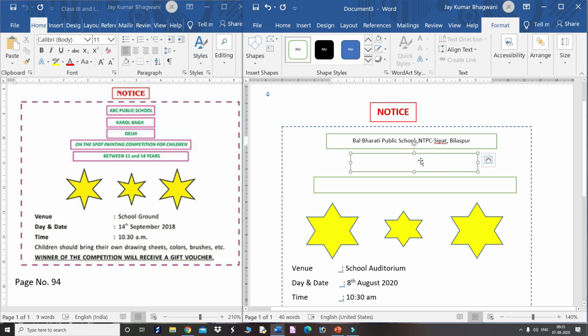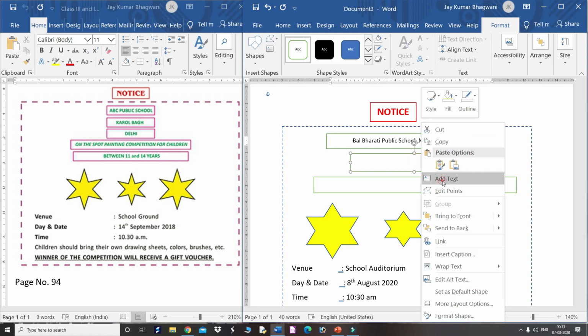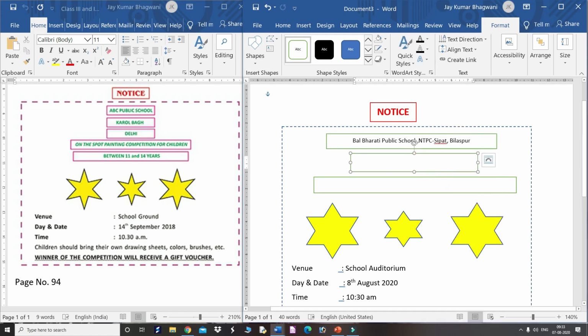Okay. Now here right click, add text: on the spot painting competition for children. Okay. See here all the characters are capital letters, but here I have done it small.